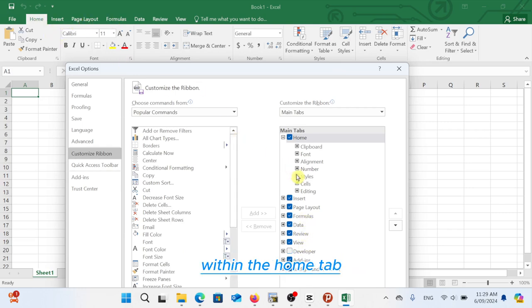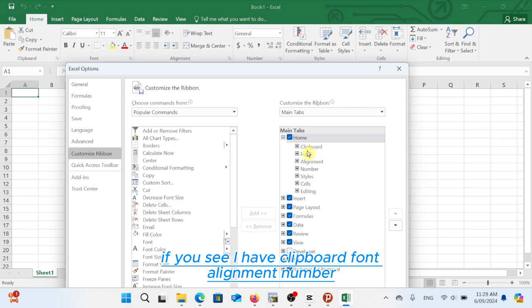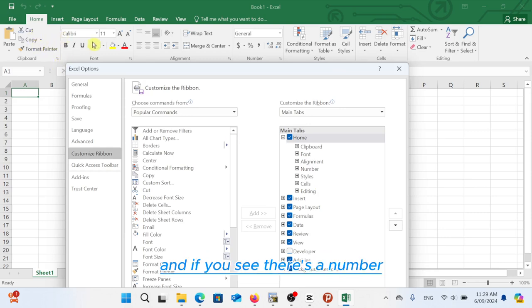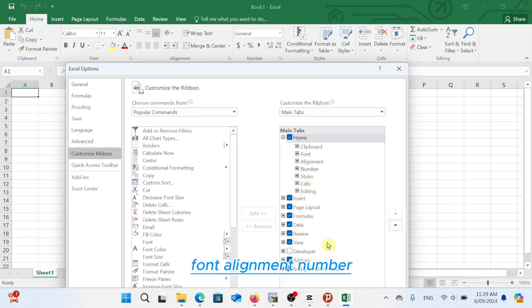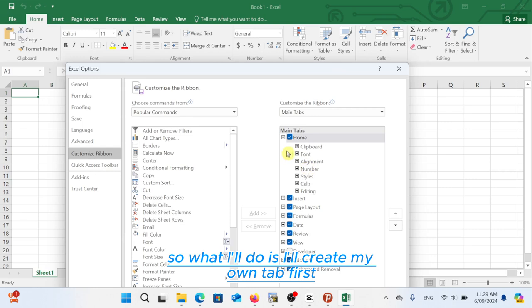Within the Home tab, if you see, I have Clipboard, Font, Alignment, Number. So here it is: Clipboard, Font, Alignment, and there's Number. These are nothing but groups. These are the different groups. So what I'll do is I'll create my own tab first, and then I'll add some options